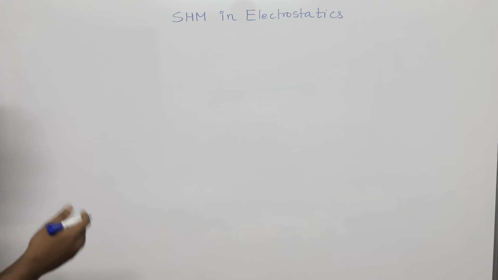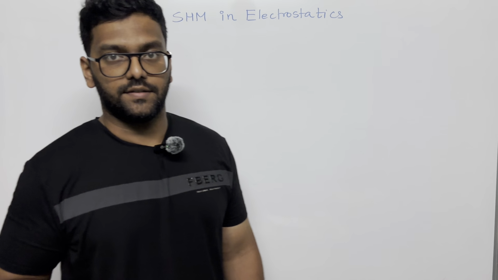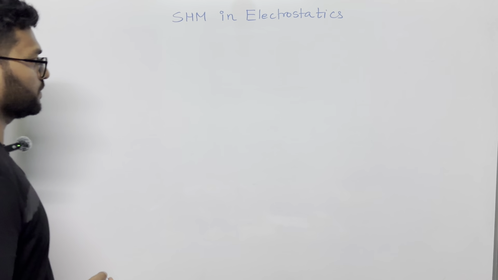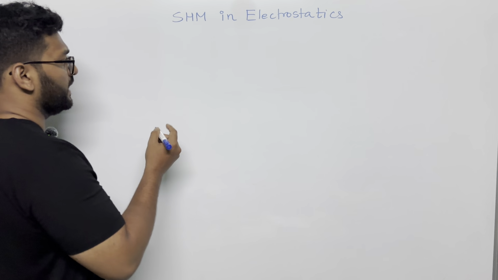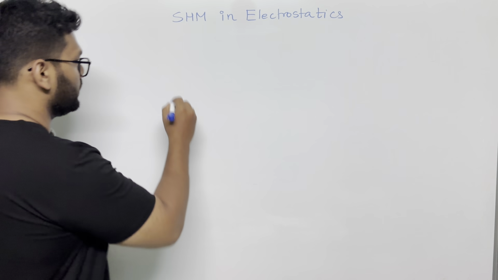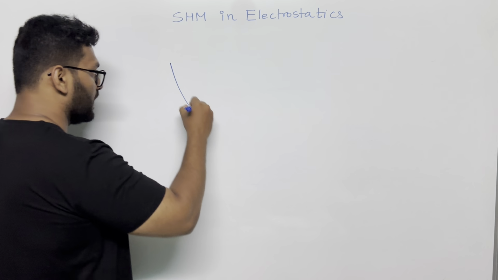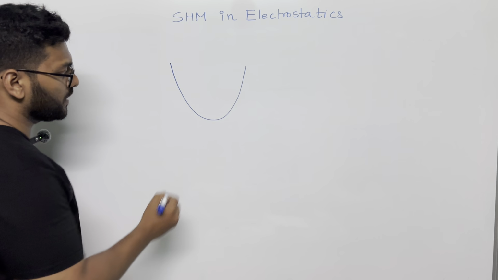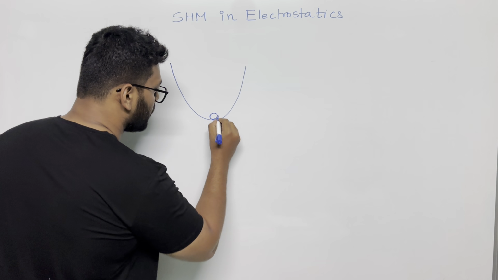We know about simple harmonic motion from 11th class, right? What is a simple harmonic motion? Suppose I have a system in stable equilibrium, right? What is stable equilibrium? Suppose I have a bowl, and in this bowl there is a ball, or